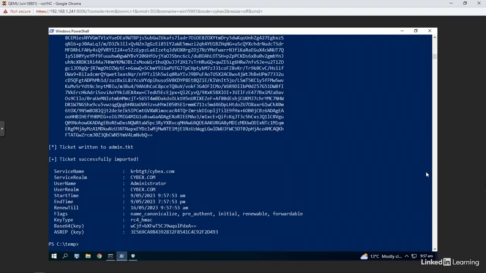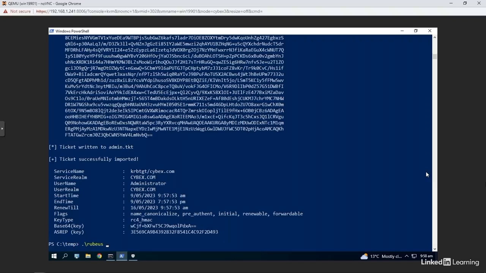Okay, so this command does two things. First, it gets the ticket we requested, which we can use to take action. But it also runs the pass the ticket attack, and it's escalated our access to domain admin. One of the actions we can take with Rubeus is to change the domain admin password on our domain controller. And we can do this with the command